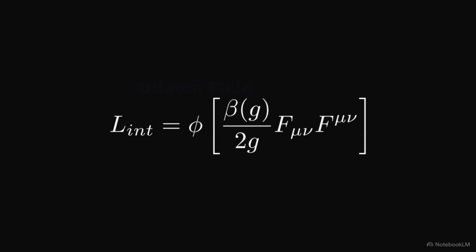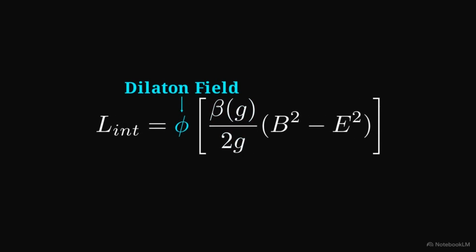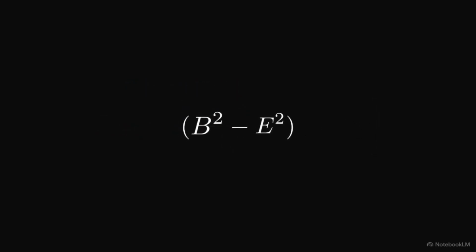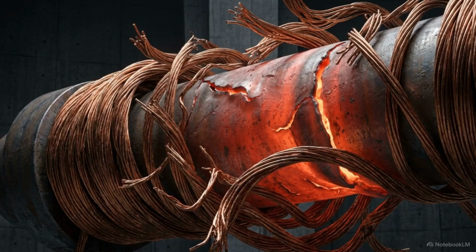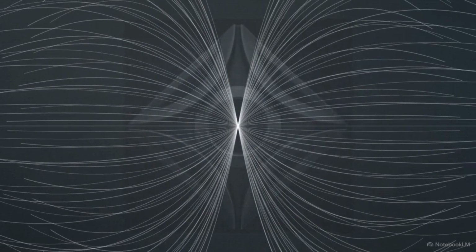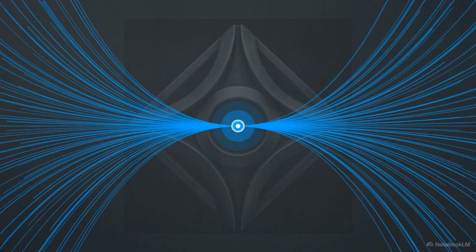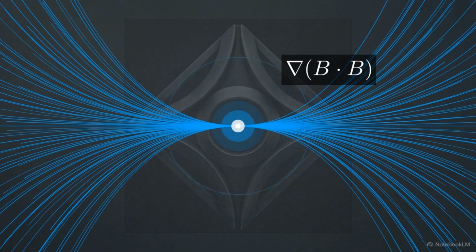The dilaton field acts as the bridge, coupling to the electromagnetic trace anomaly, allowing magnetic fields to modulate fiber volume. To prevent a Schwinger limit breakdown, magnetic energy density must vastly exceed electric energy density in the active zone. Standard magnetic architectures like solenoids cannot generate the specific geometric frustration required to activate this dilaton bridge. Opening the vacuum to the heat sink requires a microsingularity in magnetic field intensity, a specific spatial gradient defined as